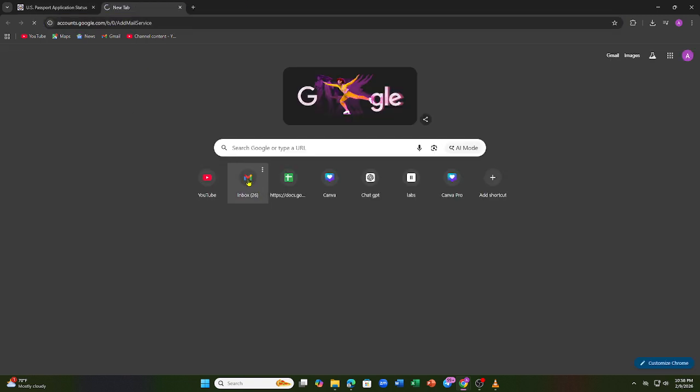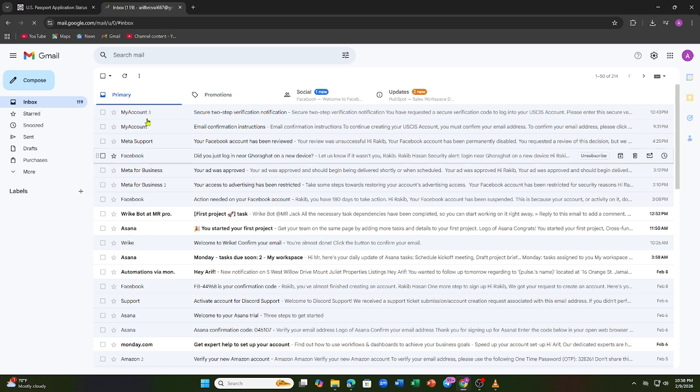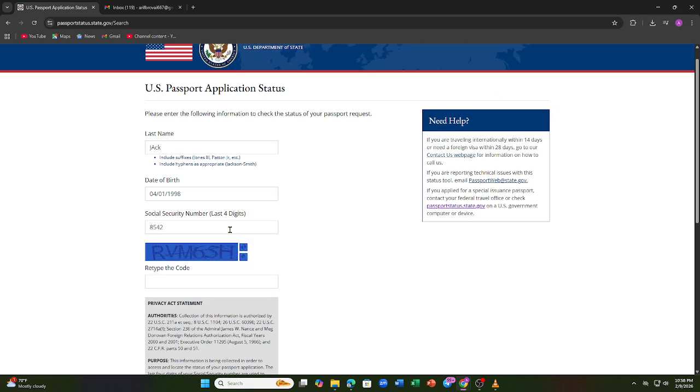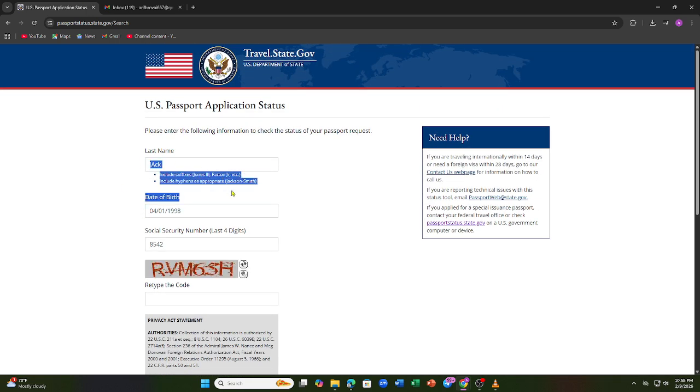If status hasn't updated in 6 to 8 weeks, contact the National Passport Information Center. Give your application details clearly. They can check directly. So yeah, checking US passport status online means waiting, using the official site, entering correct info,